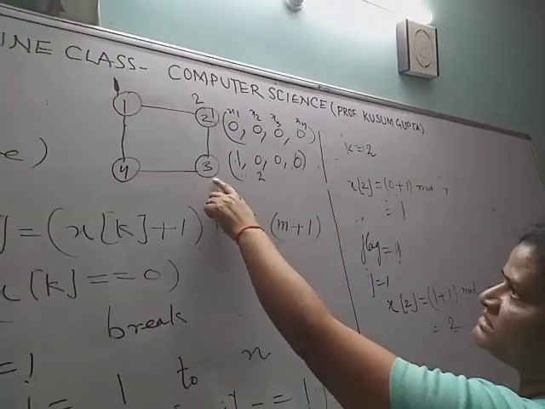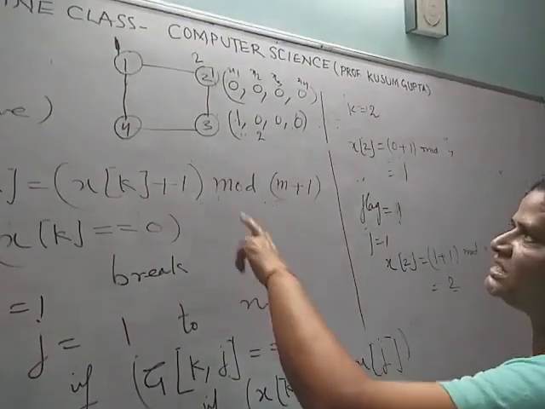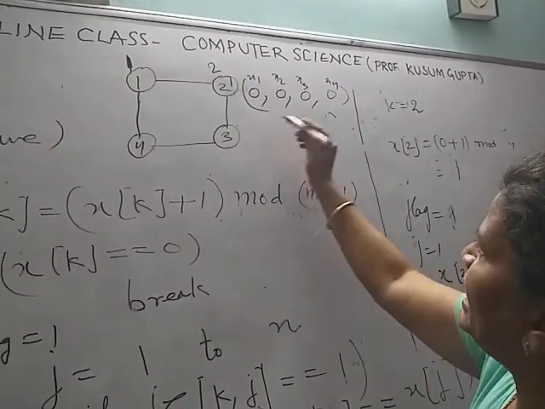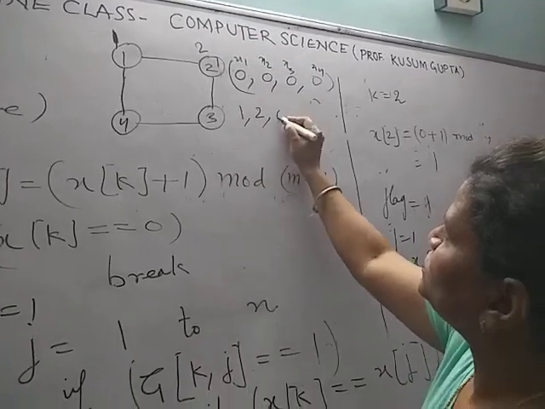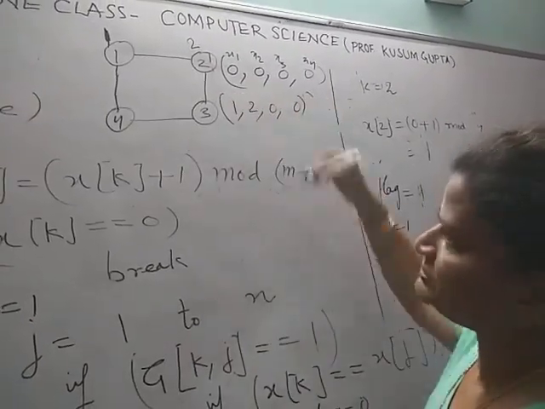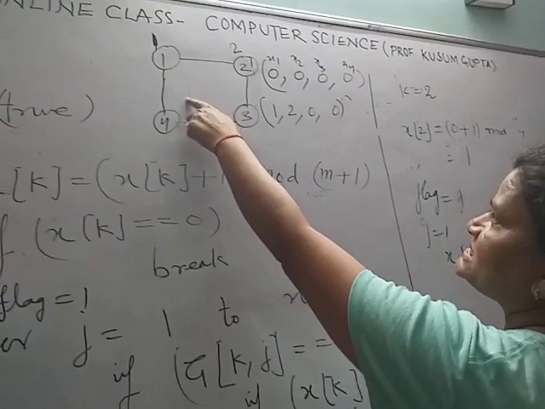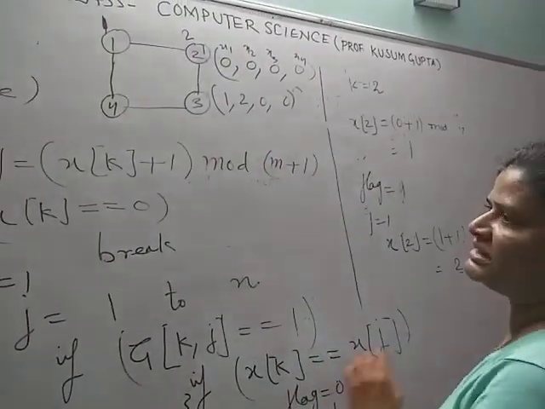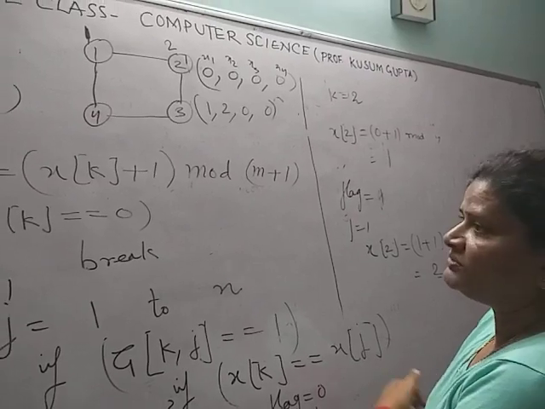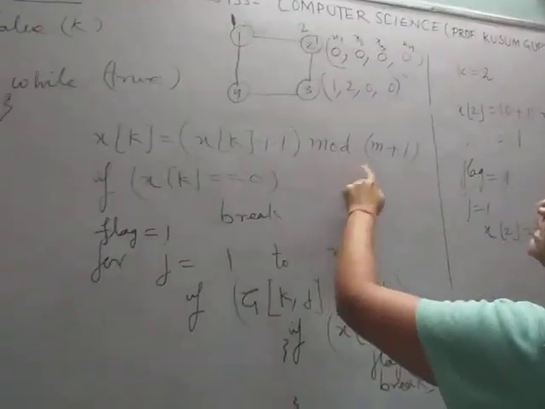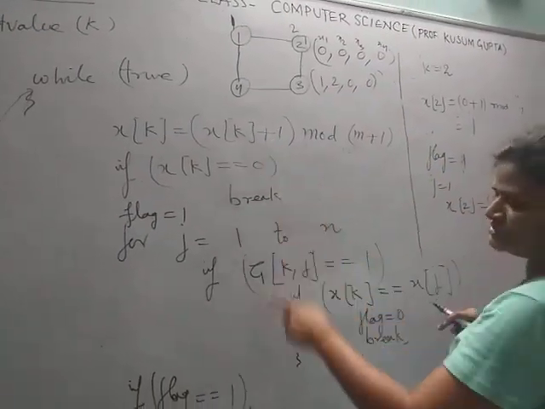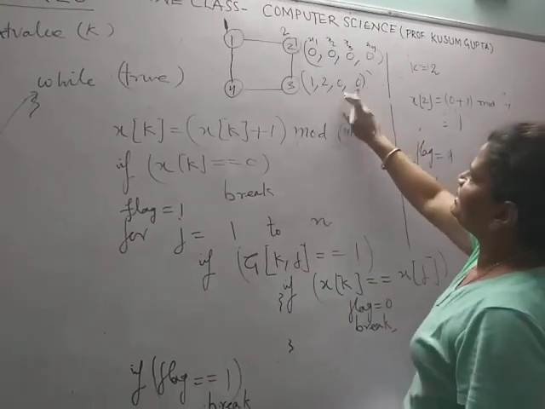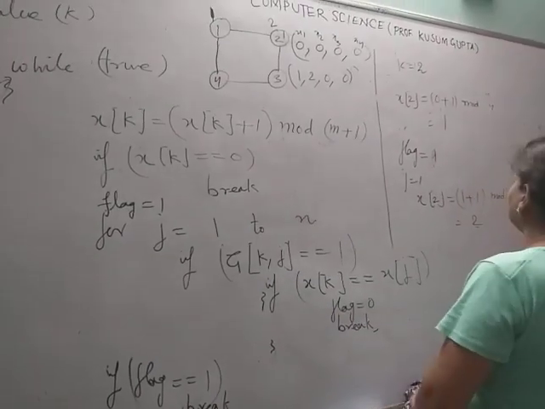The same process we repeat for the third vertex. So now the updated vector is 1, 2, 0, 0. Okay. First vertex is colored with 1, second vertex with 2. Now the same function is called for the third vertex. In the third vertex, see, this can be colored with 1. If you execute the dry run with the same process, then it can be colored with 1, you can check it.